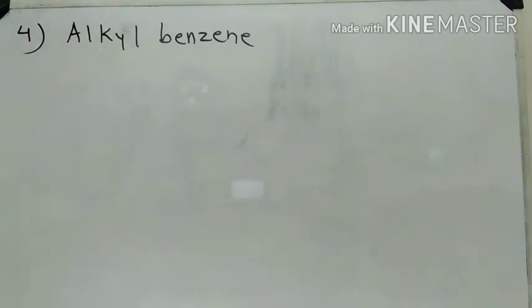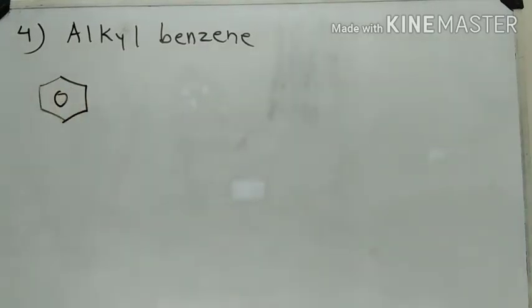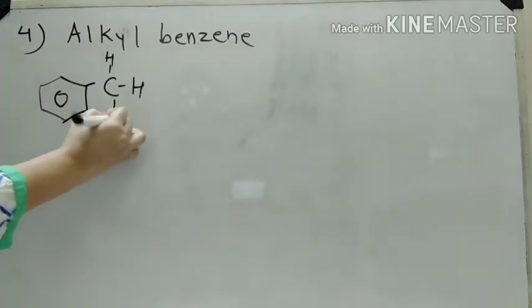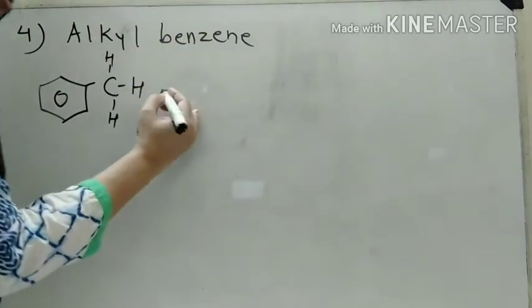Alkyl benzene means, for example, suppose we want to prepare benzoic acid from toluene. If this question is asked, how will you prepare the benzoic acid from the toluene? First you must know the toluene structure. Toluene's other name is methyl benzene. The structure is a benzene ring with a methyl group attached. We can write it this way, or directly as CH3, which means the methyl group. This benzene is known as an alkyl benzene, which undergoes oxidation.